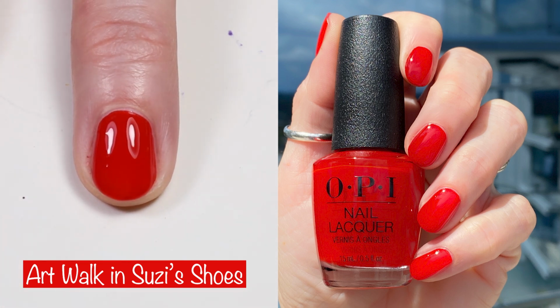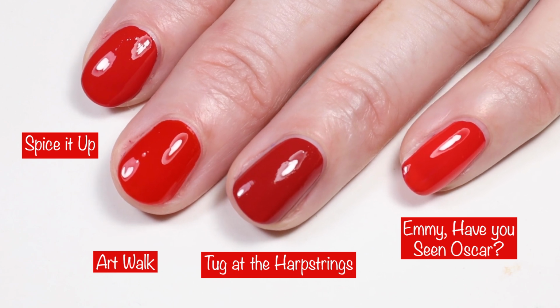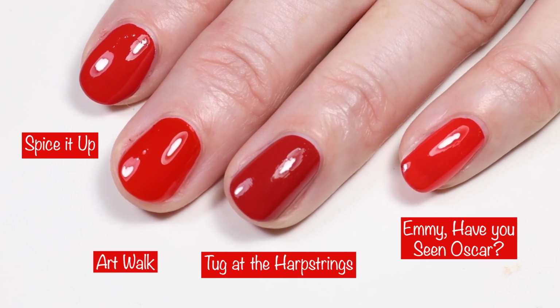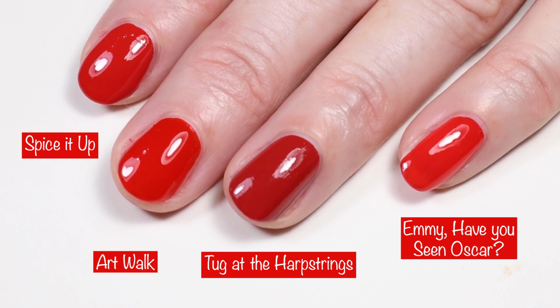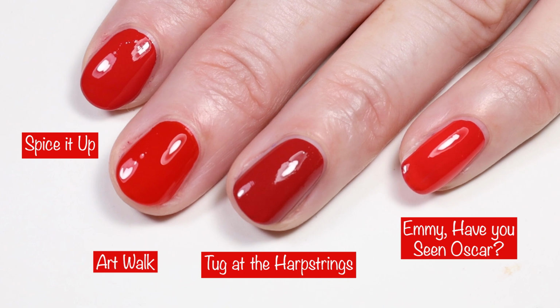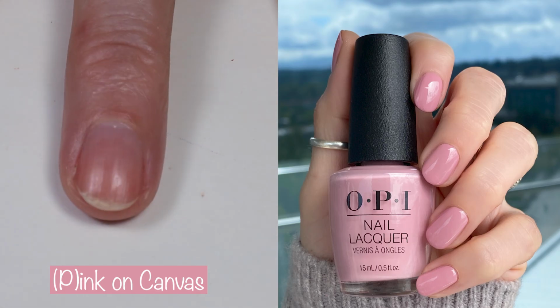I did compare this one to some warmer tone reds, so I've got Essie Spice It Up, Essie Tug at the Heartstrings, and then Emmy Have You Seen Oscar. It's really hard to compare reds, I feel like, because they all look the same in video for some reason. Does anybody else feel like that? Okay, next up we